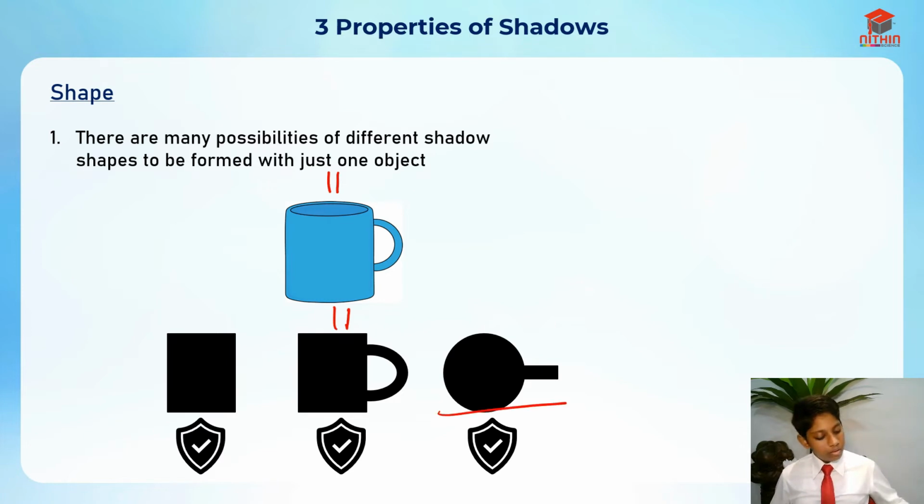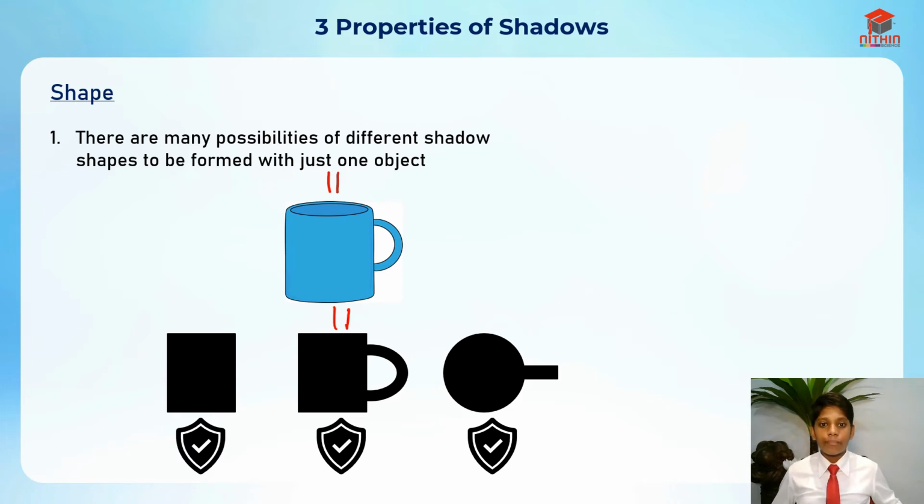Another type also can be formed on any of these, because it's based on turning the object. If you turn it, it can be any one of these possibilities. It can be so close to each other, and it can even go through each other, in between each other. So there are so many possibilities of shadows, not just three. I hope you understand the shape for this section. Now let's move on